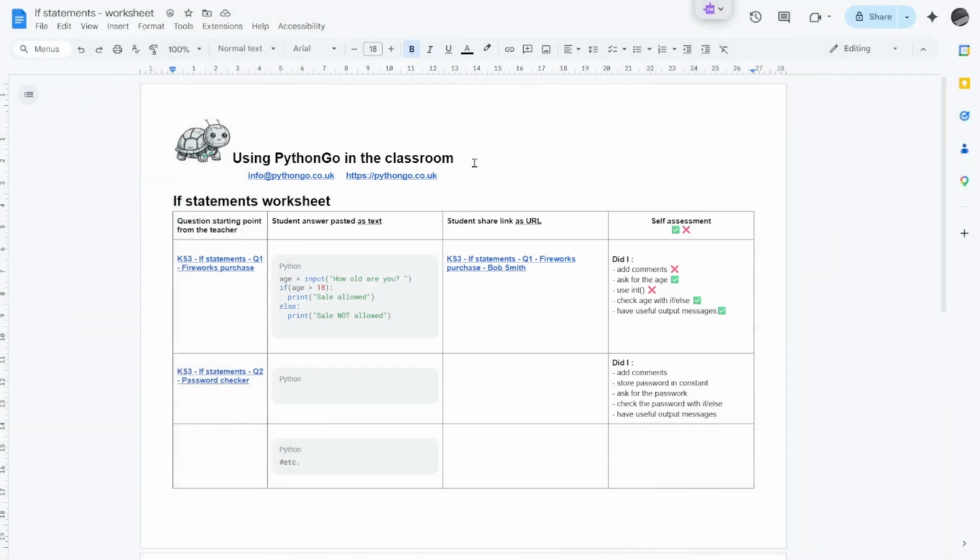So welcome to this video on Python Go, where I'm going to show you how to create a worksheet for use in the Key Stage 3 classroom, and in this case it's the topic of if statements in Python. Now down this left hand side are a number of share links that the teacher has created that take the